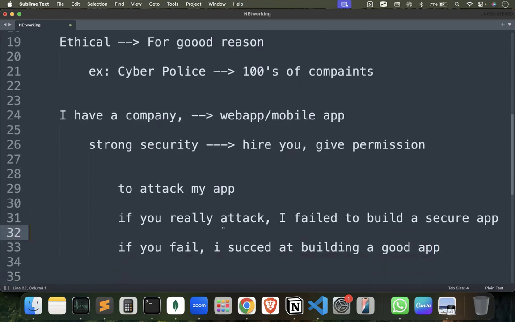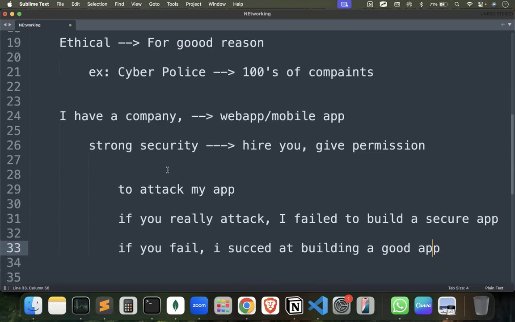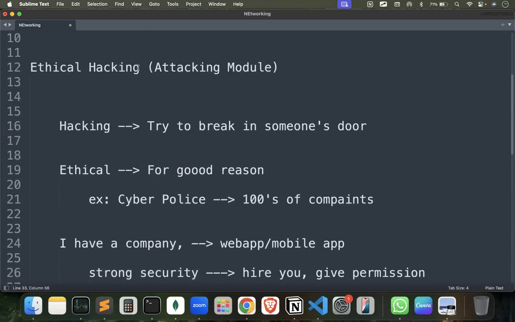If you really attack and you're really successful, then obviously there is a problem in my app security. Since I hired you, obviously I will fix the errors. Whatever you breached, I just fix it. In a way, my app will be stronger because I hired you as an attacker. If you really fail, that means my app is really good. So I'm more confident now. So maybe these are the reasons you can have an ethical hacker for any industry, any software,